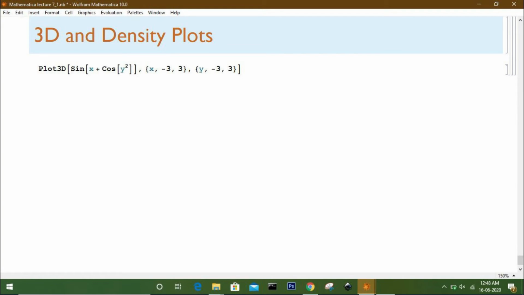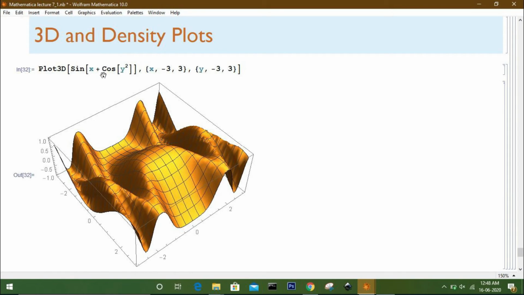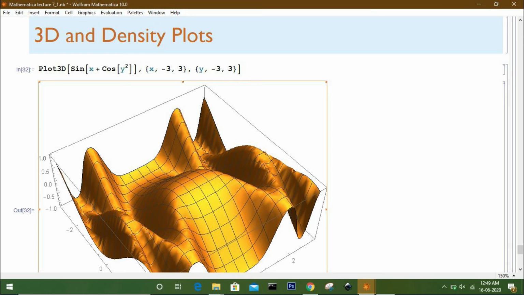To make a 3D plot, you have to specify both x and y ranges, and the function will be plotted in the z direction, and the function depends on x and y, or if your function depends on other parameters, then specify them, and it will give a plot look like this. Now you can zoom your picture by holding one corner and dragging it, or you can use Ctrl and Shift key, then drag the corner for other zooming options.